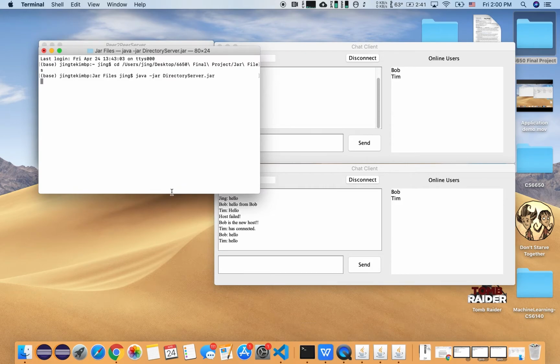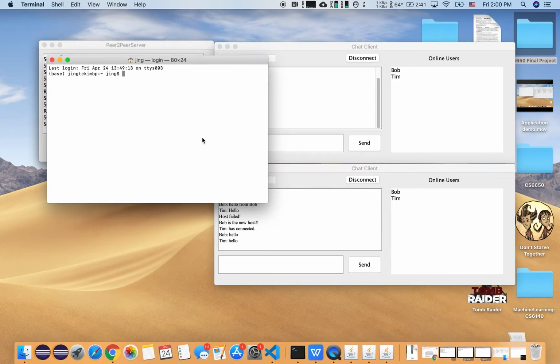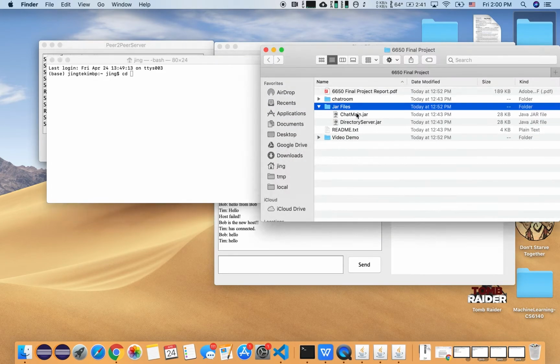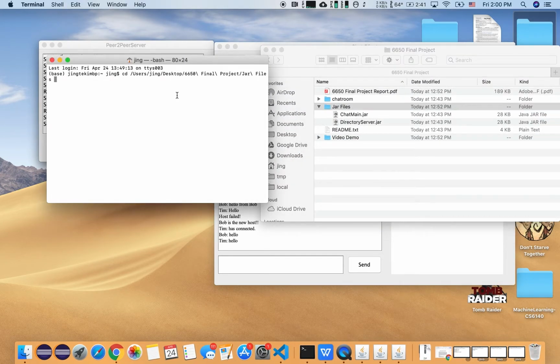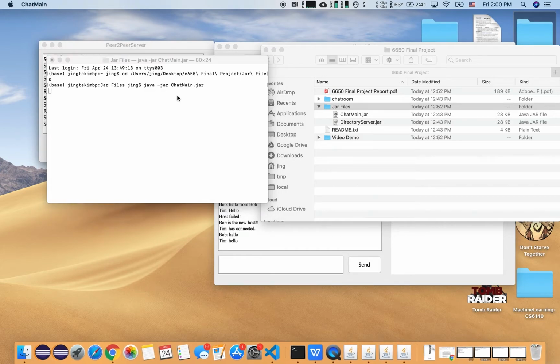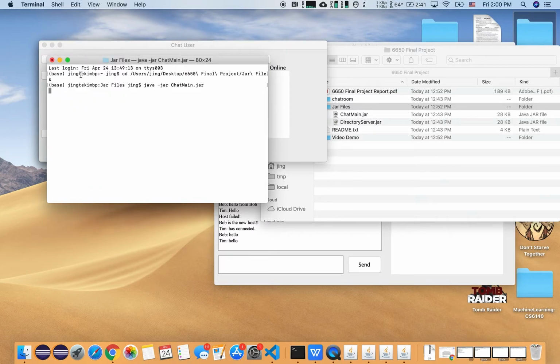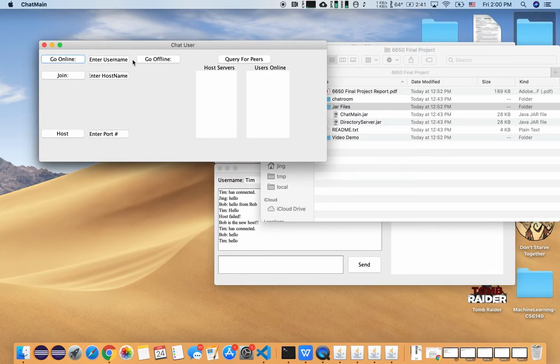Same thing here, a new terminal, change directory, and run the jar files. Use jar files, chat main.jar. Use this new interface. If I'm Jen, I will click the username first, go online, query for peers, and now